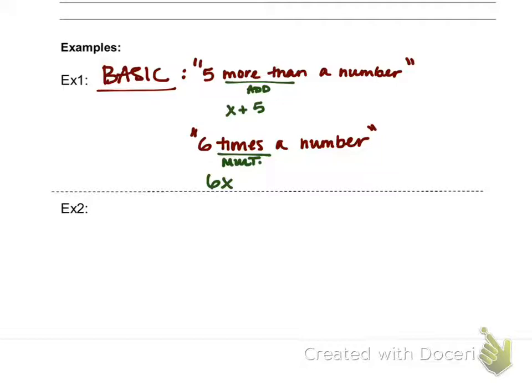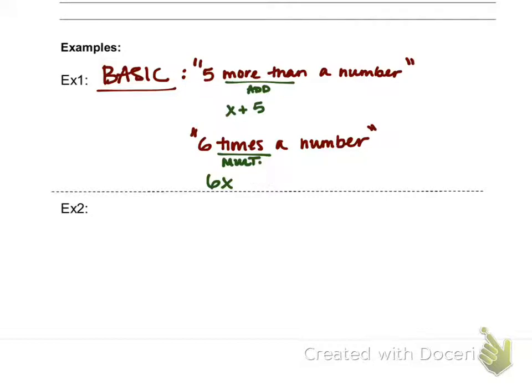You can, in fact, write this same piece as 6 times x with a little dot in there. Let's see if I can make the dot any bigger. There. 6 times x. Or you can also write it using parentheses, so 6 parentheses x. Those are also some ways in which you can take a look at 6 times a number. Now, I could use a different variable if I don't really like x. X is just the most common variable that we use when we work with